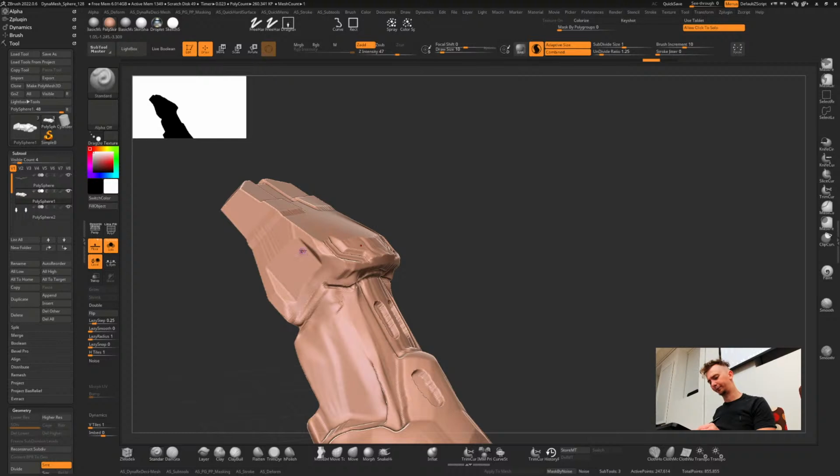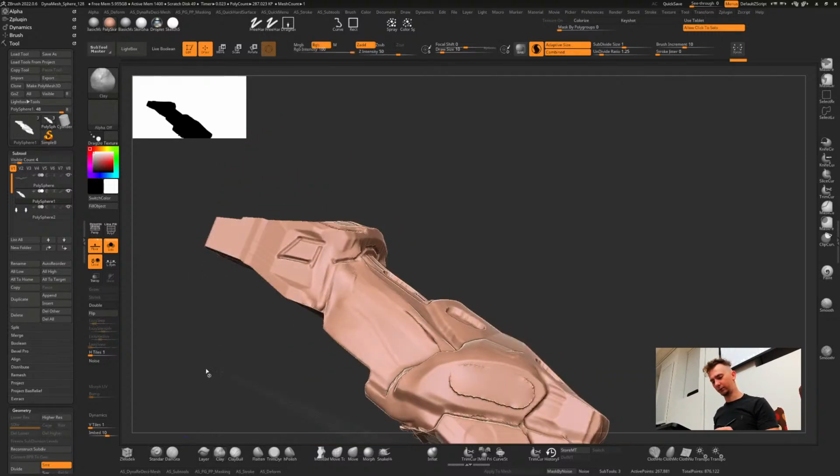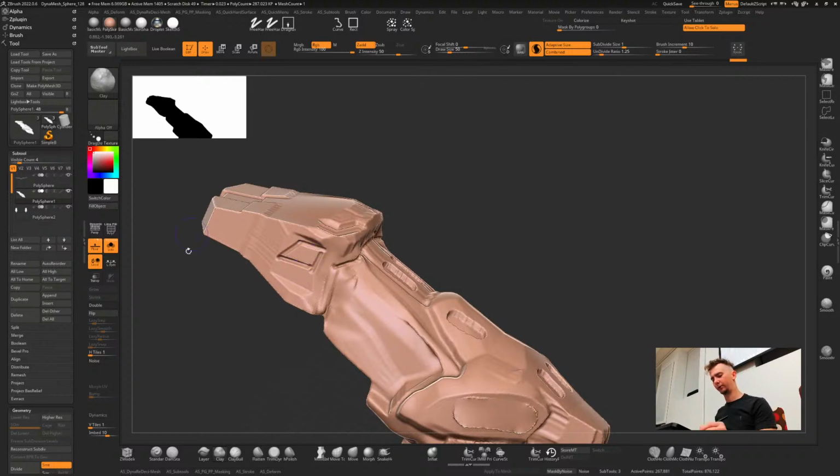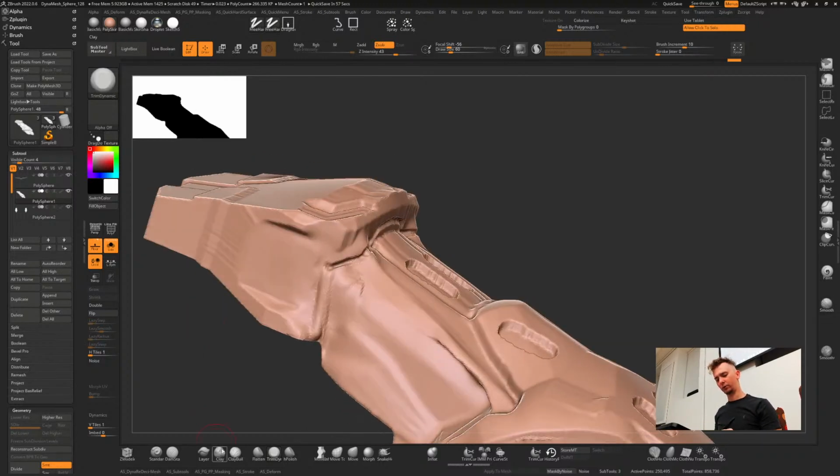It doesn't have to be clean, it doesn't have to be precise. What I'm trying to say is that you shouldn't treat your ZBrush clay when you're sketching like this as something overly precious, because you can always just grab a trim dynamic and get rid of something that you don't want, right? And in the process, when you're making accidents, you're going to create new planes in geometry, and you're going to come up with shapes that you didn't even think about.